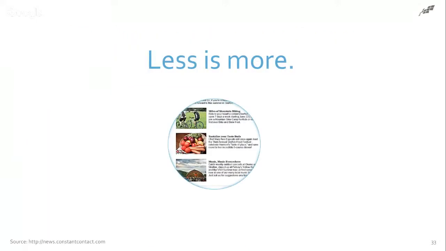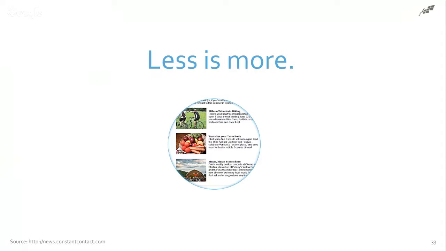So as you think about this, let's talk about it. How often do you look forward to reading a long, detailed email from a business? Never, right? So if you're looking for something concise and easy to read, what's the news? What are the details of the deal or sale? Is there any action that I need to take? And that's what you should think about when creating your own emails.